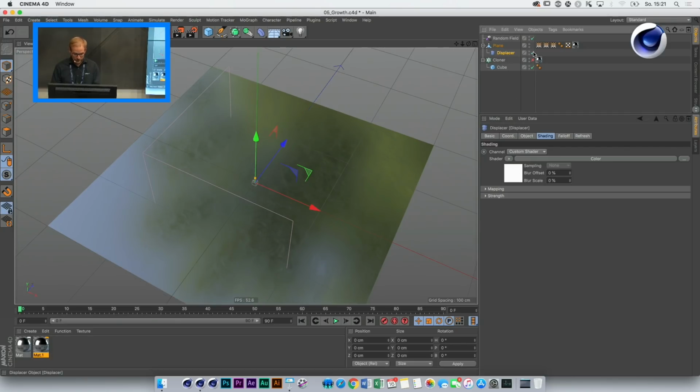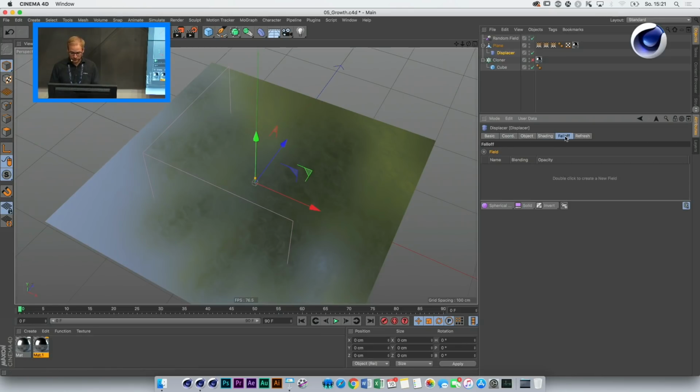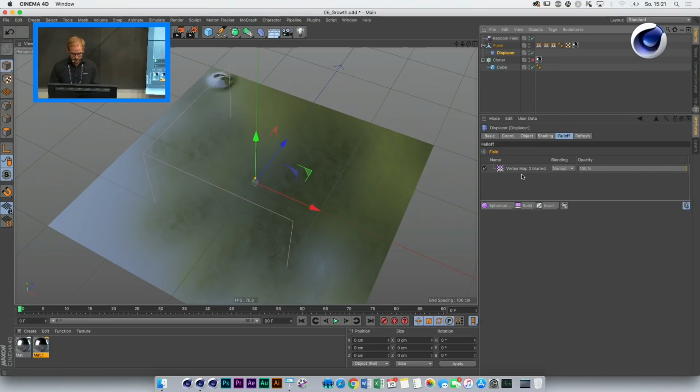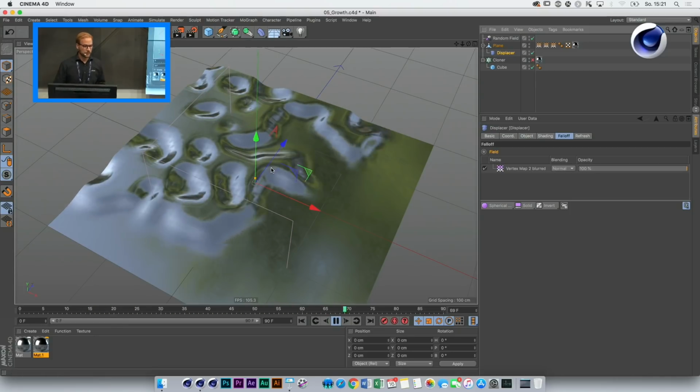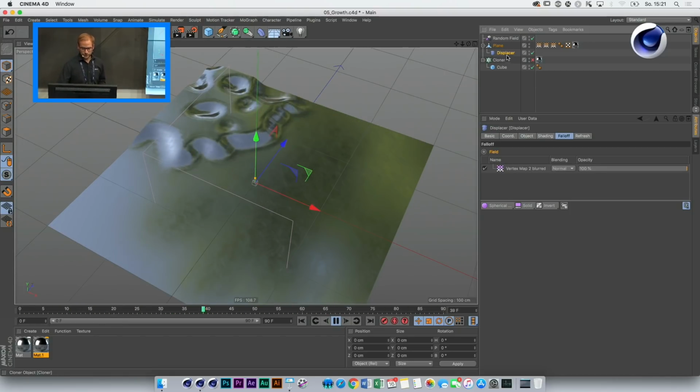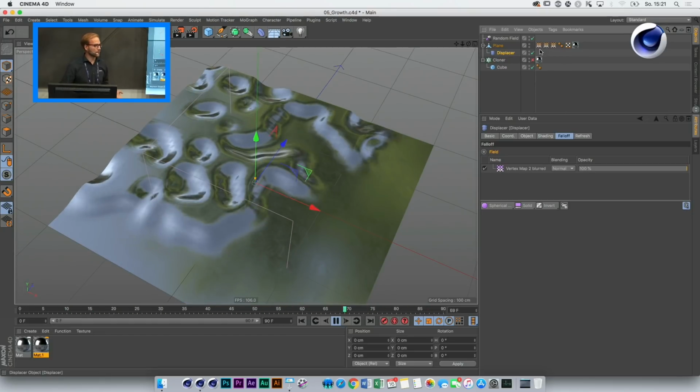That's why the plane came up here a bit, because it's displaced. And then in the fall off tab, we use the blurred vertex map and press play. So right now, we are masking the displacer by using the vertex map we created before using